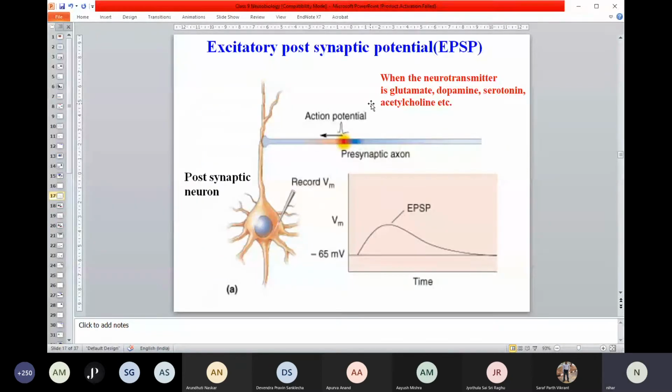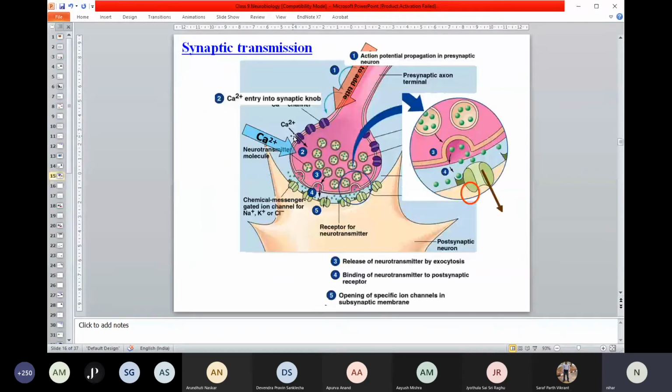So this is somehow a continuation of that. I'll just try to explain this. Just think about this is the synapse. So this is the presynaptic neuron. I'm just trying to explain that once the neurotransmitter binds to its specific receptor in the postsynaptic membrane, it activates this postsynaptic neuron. That's what it is. So during the process, it will generate an action potential in the postsynaptic neuron.